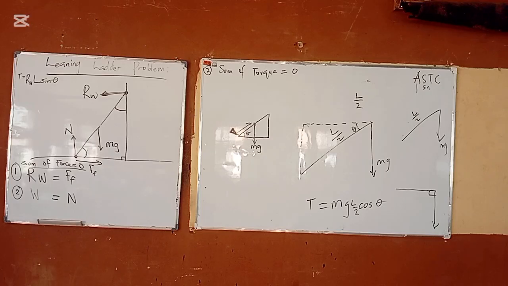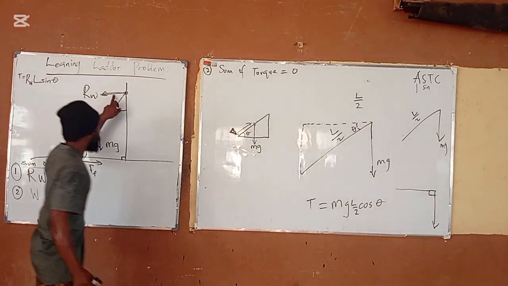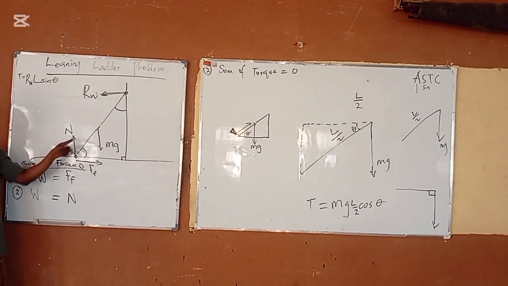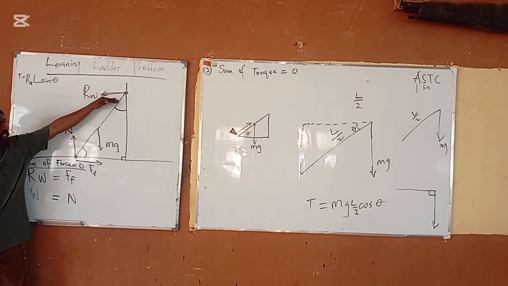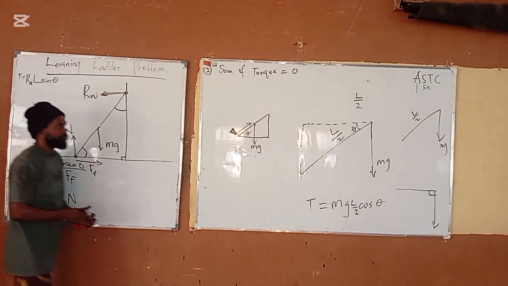For a simple pendulum and inclined plane, the y-axis must always be cos theta, and the x-axis will always be sine theta. So just do the torque and add all those components. Very simple. With that said, I can now come here. Notice that I found this one and this one. Remember we made this one our pivot? So to find the torques coming from this end to this end,